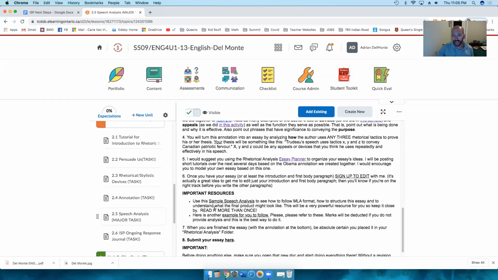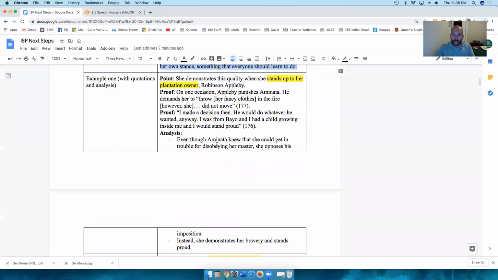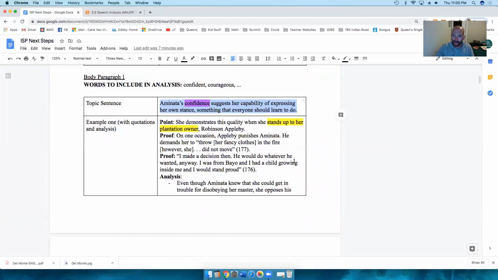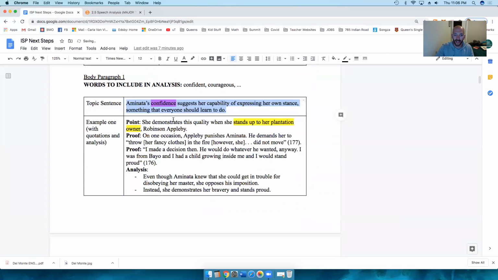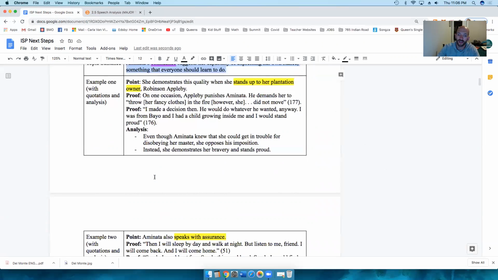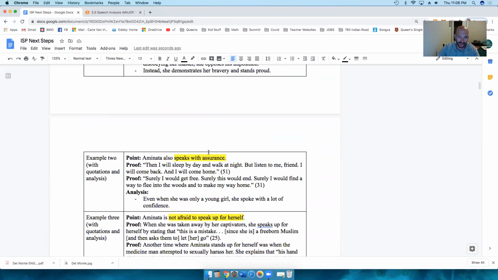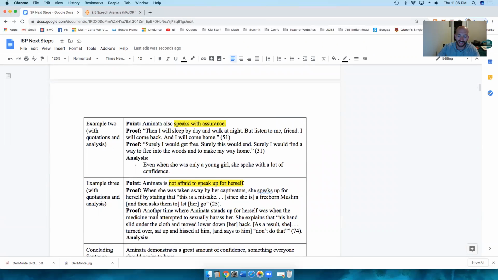Now, what you will notice here is when we did the analysis of a speech, we moved through a metaphor in maybe 3 sentences. You go through it quicker, maybe 4 sentences. Here, this writer is probably going to have, for this example right here, I bet 4, 5, 6 sentences to talk herself through this first example. Another 4, 5, 6 sentences down here. Another 4, 5, 6 sentences down here. She starts with her point, and then moves her proof and her analysis together.